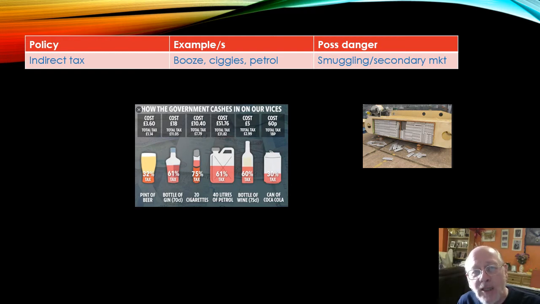What does an indirect tax do? It drives up the price. That means that when you make the decision as to whether you want to buy a box of 20 cigarettes or not, you're indirectly thinking about the negative externality, because the price is going to be higher and you are going to be consuming less. The danger, the evaluation for an indirect tax, is that if the price is too high, then you're going to be encouraging smuggling into the country, or a secondary, black or grey market emerging.